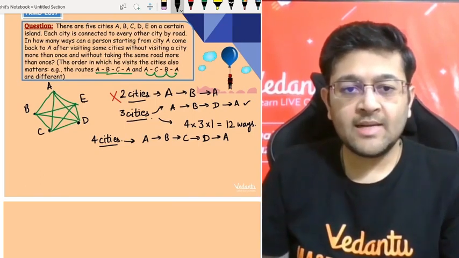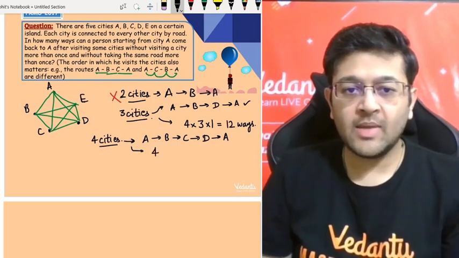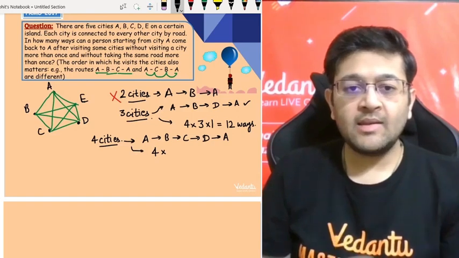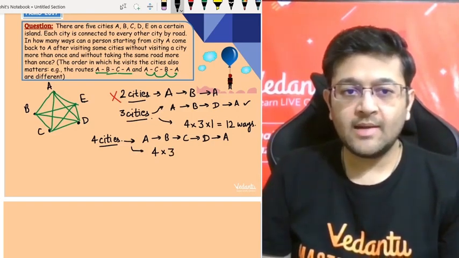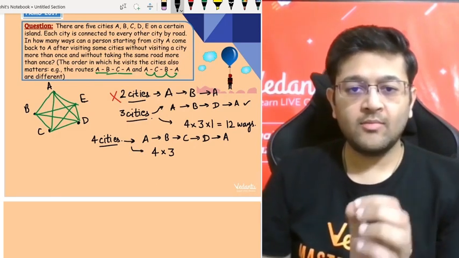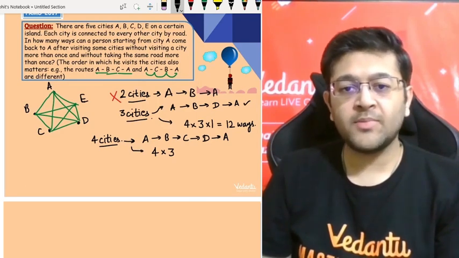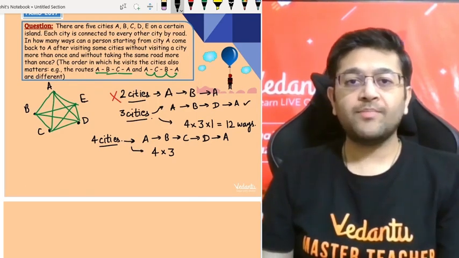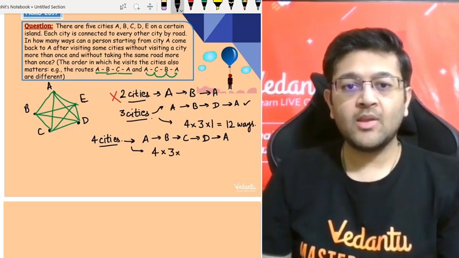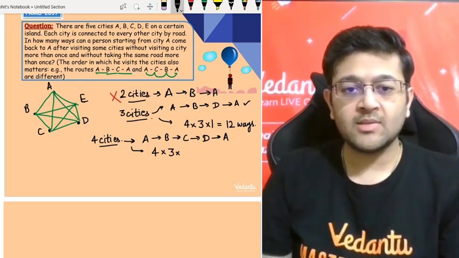Okay. So again, let's count how many ways do we have there. Again, we have four options when we are starting off from A, and then let's assume we have reached some city. Then again, I will have three options, right? Just like the previous one. So for example, we started from A. We had four options. Let's say we chose B. We reached B. Then let's say we have the option of C, D, and E. Then we chose C, right? One of the options. So now, once I have reached C, how many options do I have left? Only two options, right? D and E, two options.